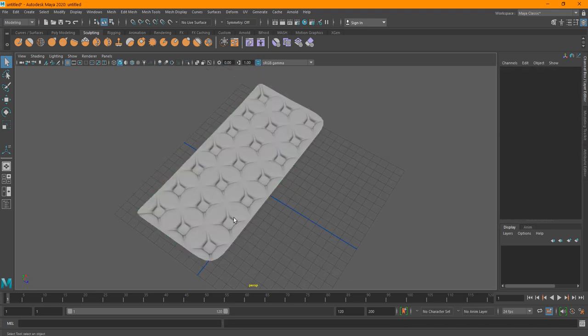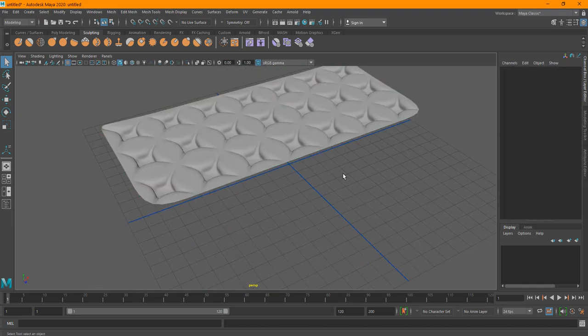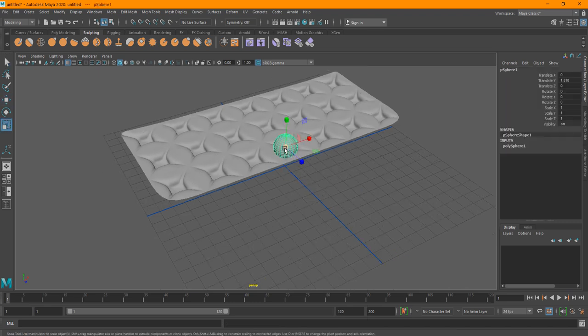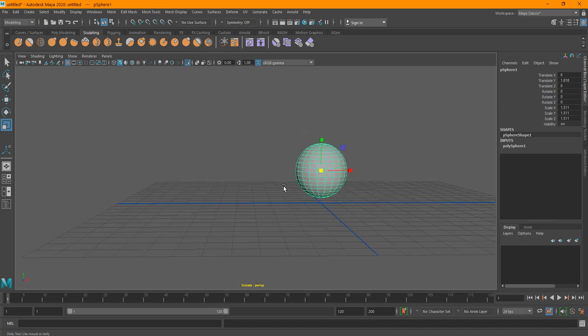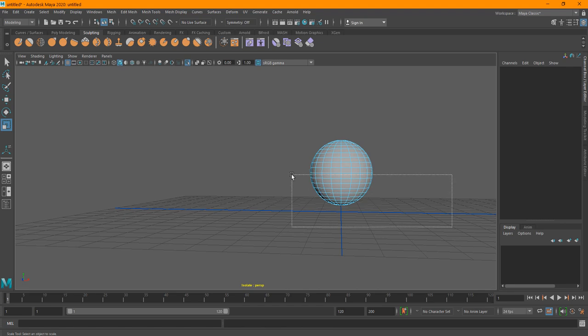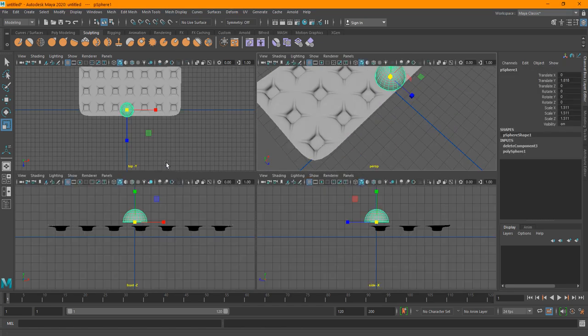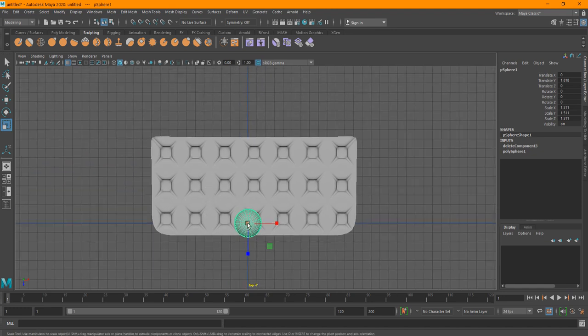The thing is, I'm going to add some spheres on here. So I'm just going to Shift right click and sphere. You can do one thing: hit Control 1 and delete the bottom half, which saves a bit of poly, but it's okay. What I'm going to do is go into the top view and